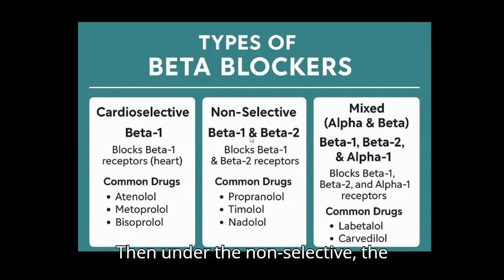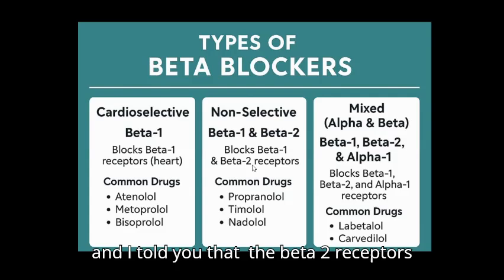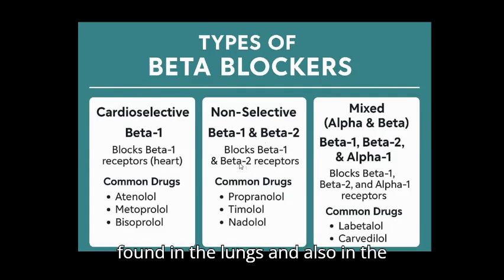Then under the non-selective, this blocks the beta 1 and beta 2 receptors. And I told you that the beta 2 receptors are found in the lungs and also in the blood vessels. Okay, and what this group of drugs does is that they act by reducing bronchodilation. Okay, they reduce bronchodilation, reduce vasodilation, also reduce